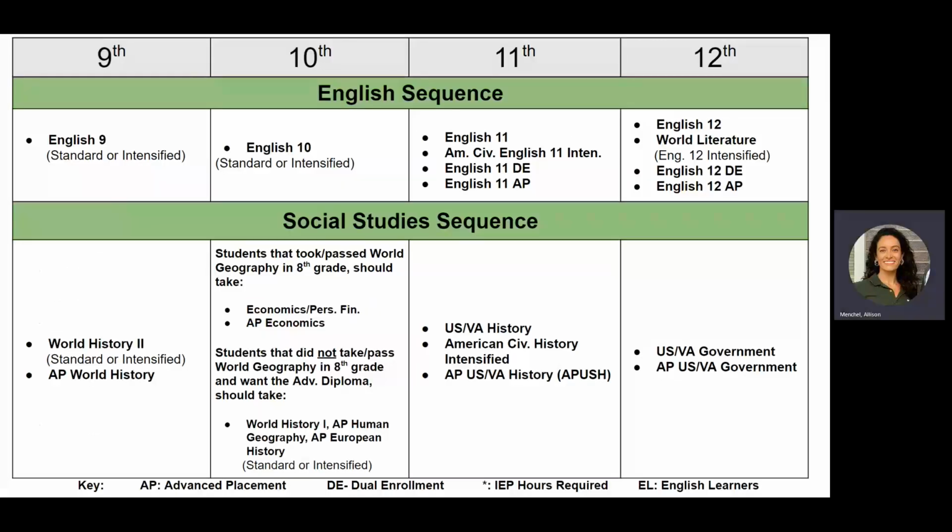In general, these are the English classes that students take from 9th through 12th grade. Below that, you have the social studies sequence. So for example, if you're in 10th grade, you're in English 10, next year you will have to take English 11. Talking with your counselor and reviewing teacher recommendations, will select either regular English 11, maybe the intensified, dual enrollment,